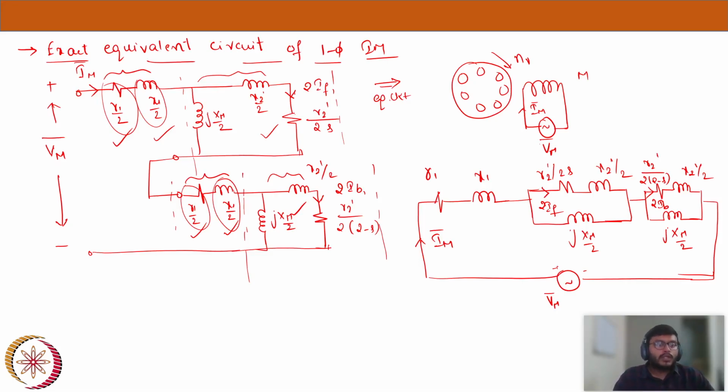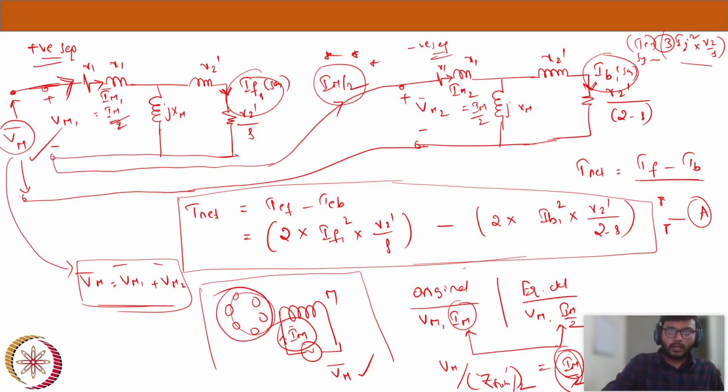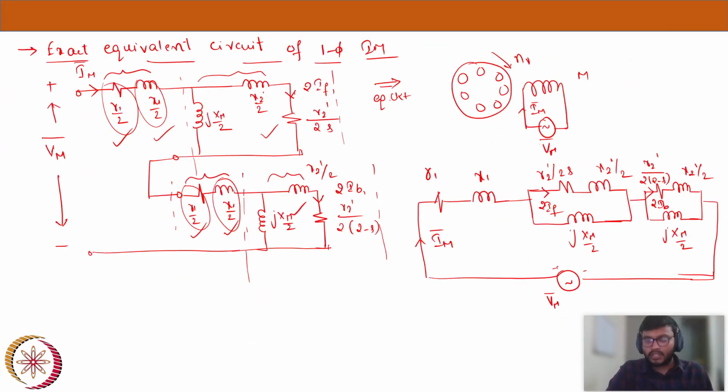Now, this is for a two-phase induction machine, and we have seen the torque expression here. Torque is TF minus TB for that circuit, and you can see 2 times IF1 square R2 by S, because this is for a two-phase machine, is individually written. This is no longer a two-phase machine now. It's a single-phase machine where there is only one main winding, and if you calculate the torque for it,